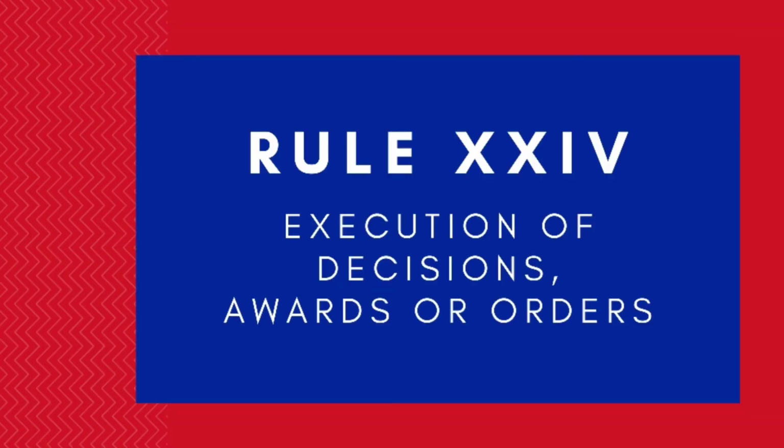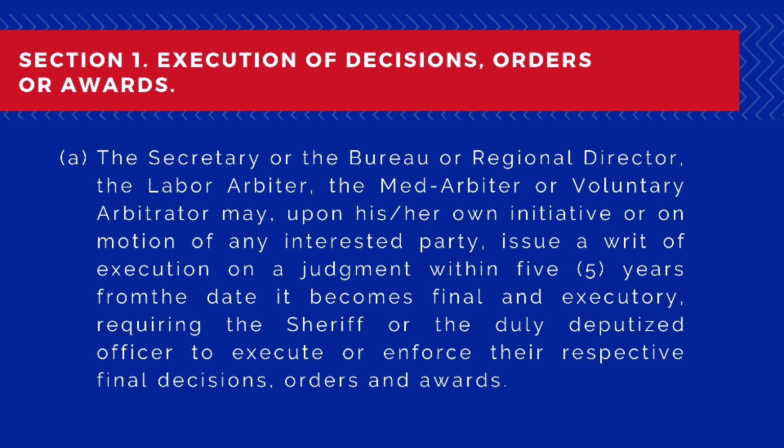Rule 24. Execution of decisions, awards or orders. Section 1. Execution of decisions, orders or awards. A. The Secretary, or the Bureau, or Regional Director, the Labor Arbiter, the Med Arbiter or Voluntary Arbitrator may, upon his or her own initiative, or on motion of any interested party,